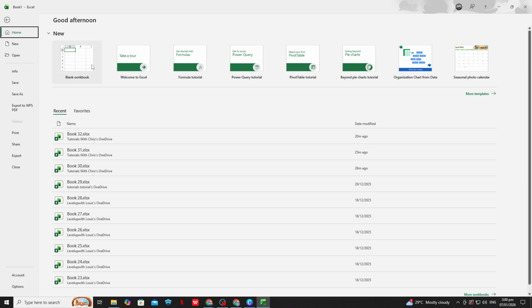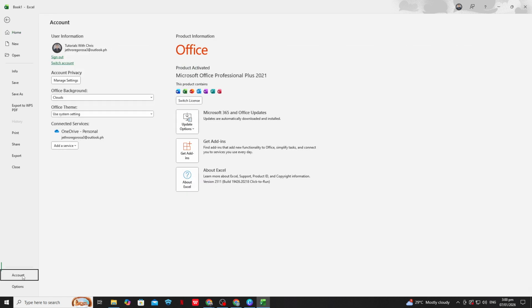When Excel opens, look toward the top right corner of the window and check which account you're signed into. You'll usually see your initials or profile icon there. Click it and verify that this is the same account that has Copilot Pro. If it's not, sign out, then sign back in using the correct account so Copilot can be activated properly.